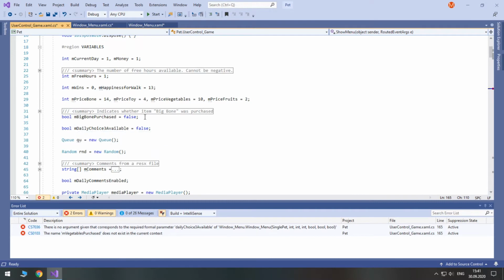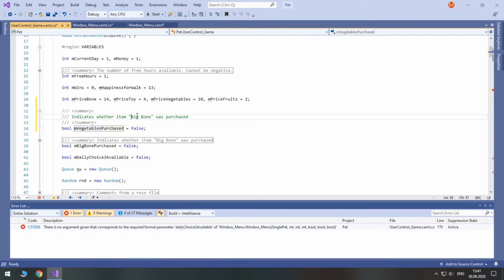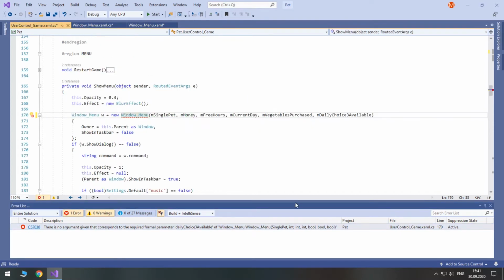Okay, so we need to create this variable, so it will be here. Vegetables purchased. So something is wrong.